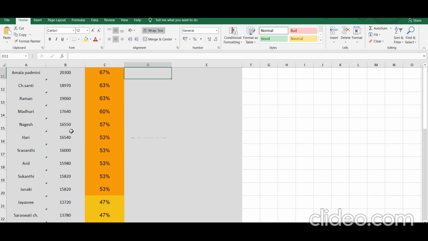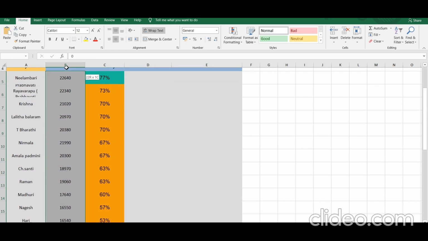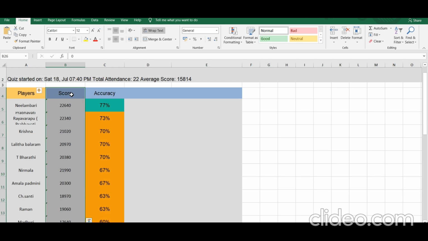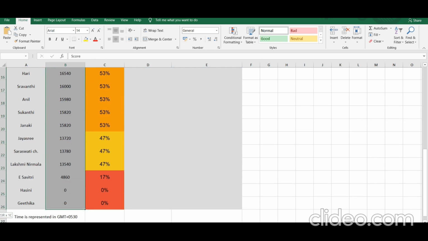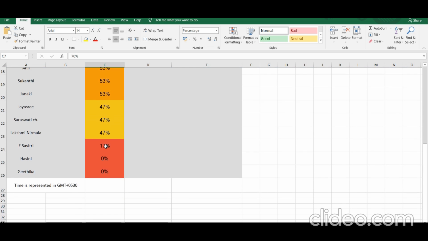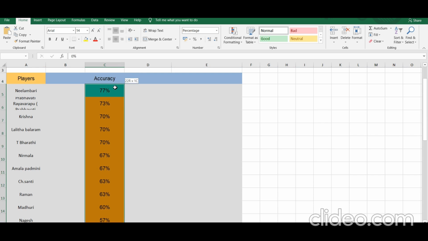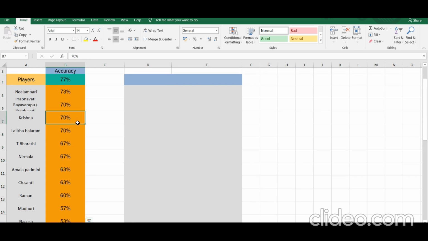Then, as you can see here, if you want scores to be displayed on your rank sheet, then you can keep it, or else you can delete it. Let us say we want to show only the players and the accuracy, then we will move it here.